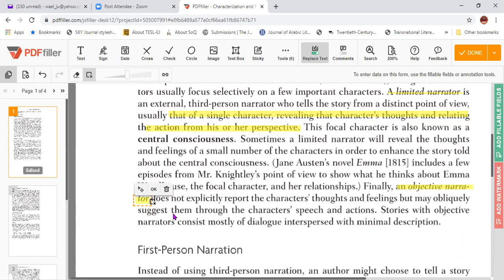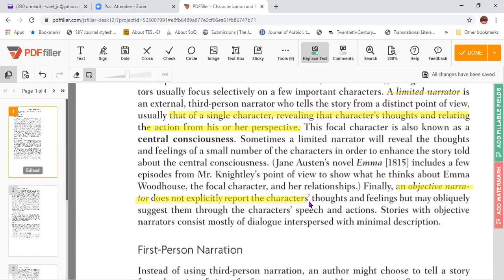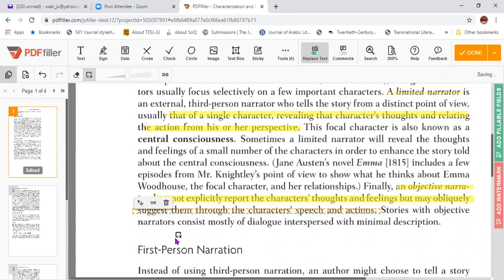Okay, what does he do, or what does she do? He does not explicitly report the character's thoughts and feelings. Okay, that's a good thing. He does not reveal or explicitly report the character's thoughts and feelings, but may obliquely suggest them through character speeches and actions. Stories with objective narrators consist mostly of dialogue